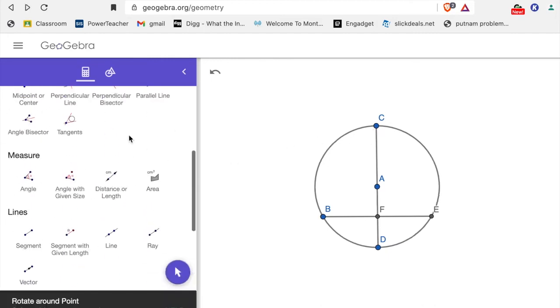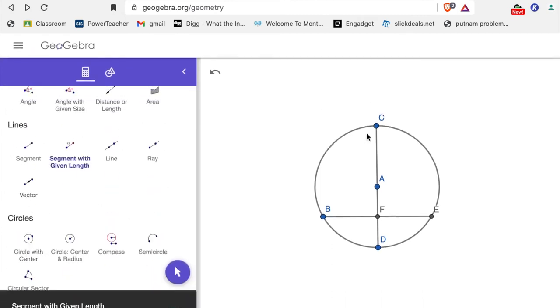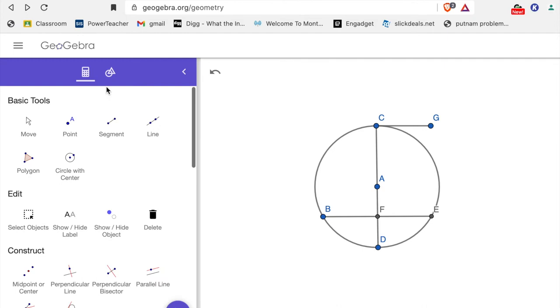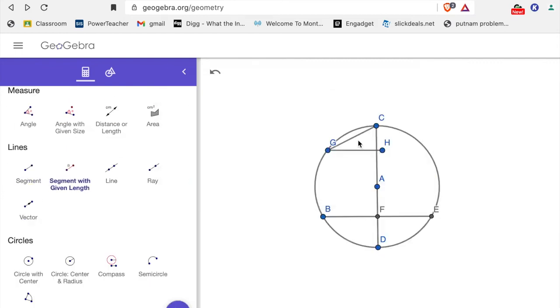and we'll draw a line. So we're going to click point C and say, draw me a line that's the same length as BF, from that center point here, from B to F. And I'm going to rotate it so it touches the corner of the circle. And I'm going to do the same thing 7 times around. So when I touch point G, I'm going to put the length of BF here,